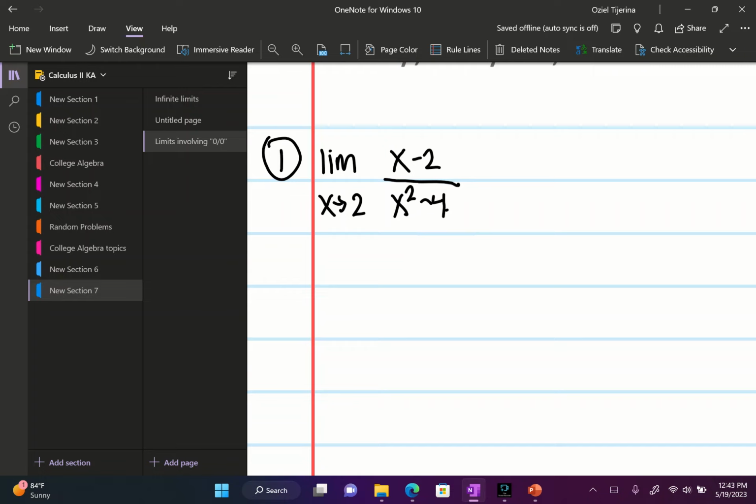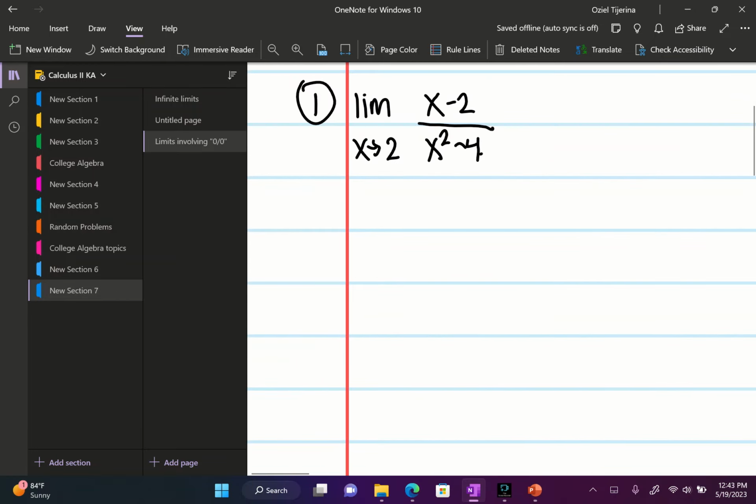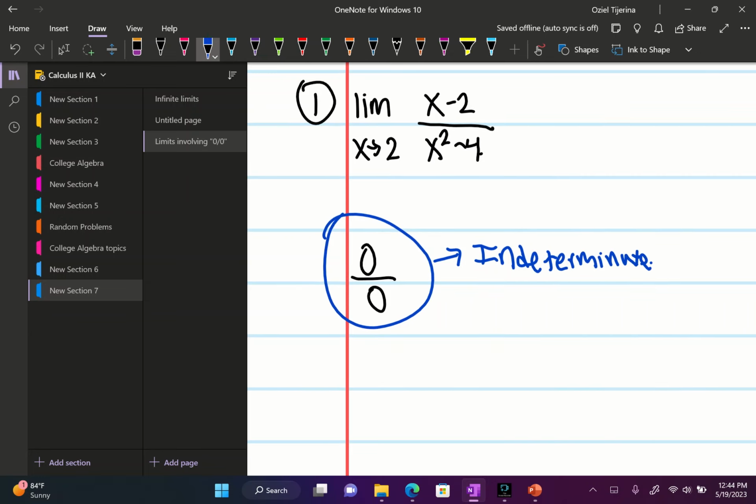Now, I want to quickly define what 0/0 means. 0/0 is considered indeterminate, an indeterminate form, and there are a few of those indeterminate forms. Indeterminate. I hope I'm spelling that right. So basically,